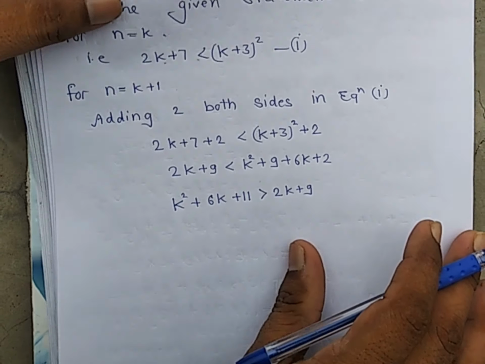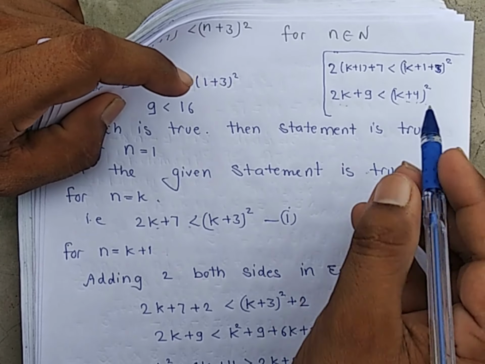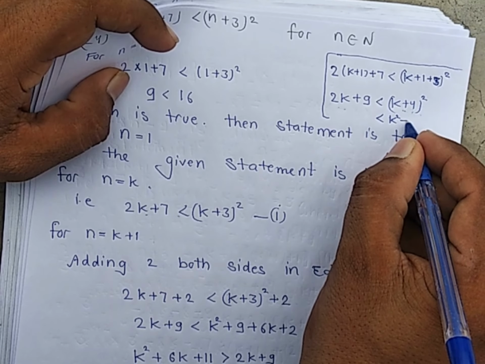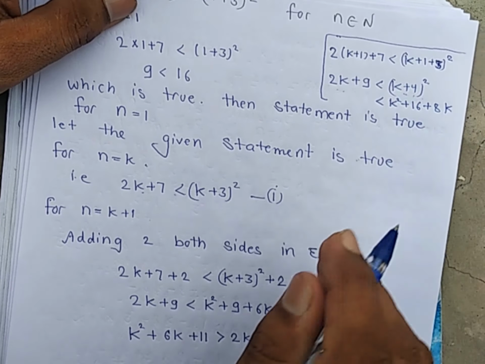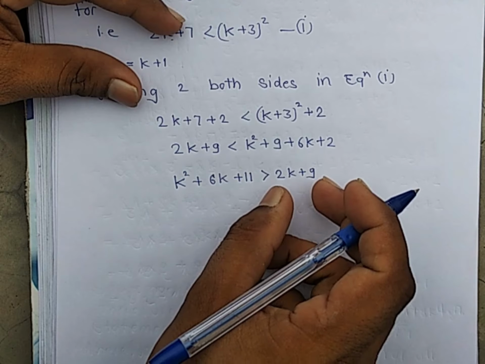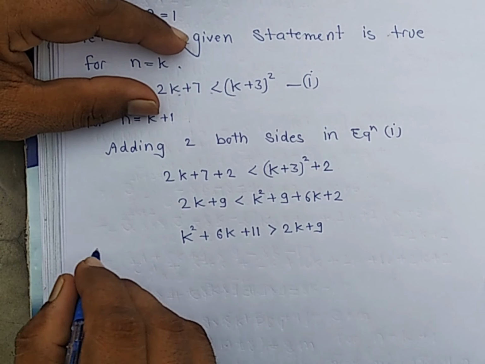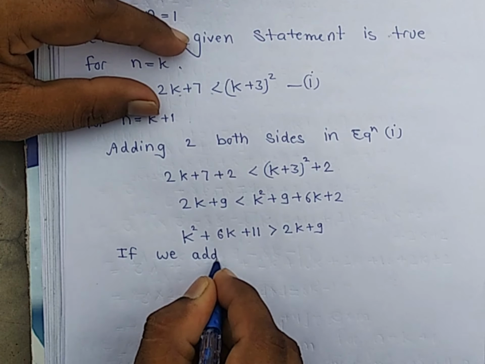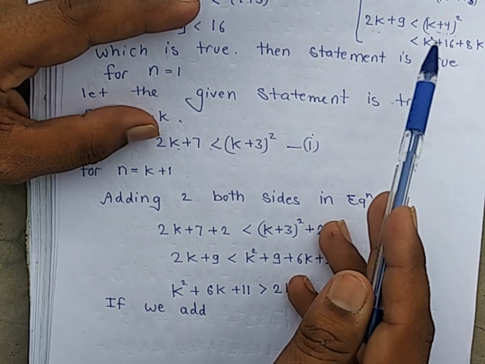Since this, we have to form the whole square of k plus 4, means the LHS of this term is in the form k square plus 16 plus 8k. Now this term is greater than it. Since this term is greater than 2k plus 9, if we add 2k plus 5 in the LHS,